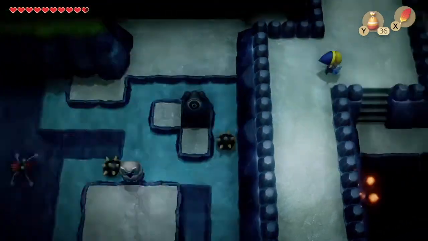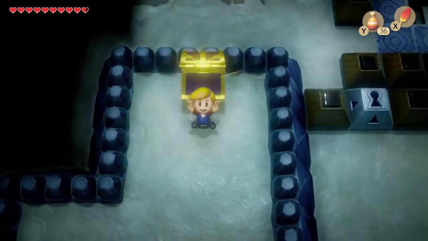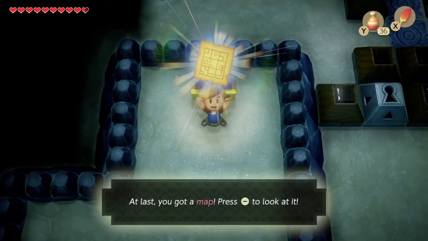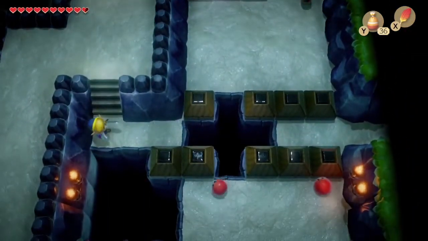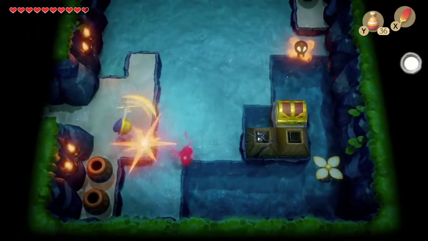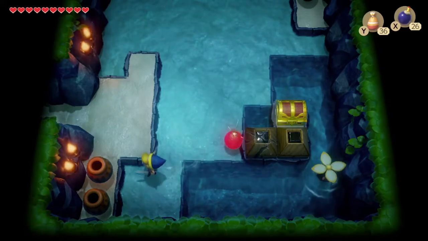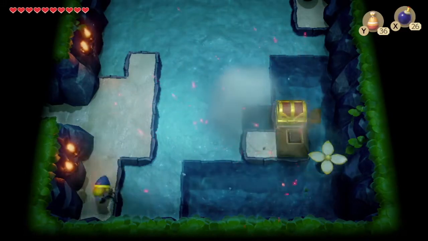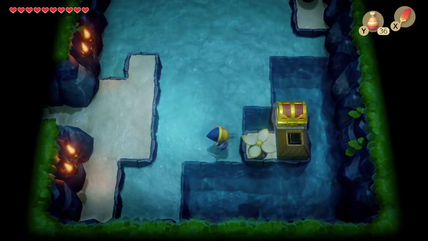So over here, we should have... I think this is a key. That's the dungeon map. Cool. And now with the Rock's Feather and Pegasus Boots, we can make that jump pretty easily. Again, there's a reason I always keep the Rock's Feather equipped. And